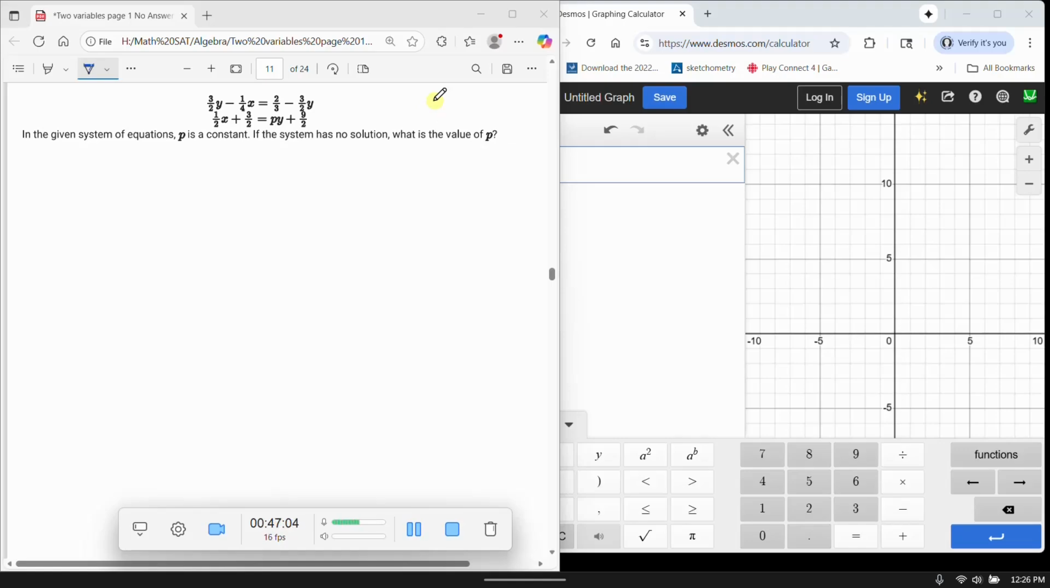Next problem, we have a system of equations. It looks very complicated with three different letters, x, y, and p. And they're asking what is the value of p. So p is a constant. So again, we want to write this system of equations back into linear equation form, because if it's a system of equations and they have no solution,